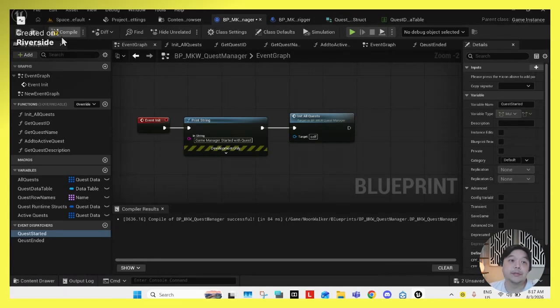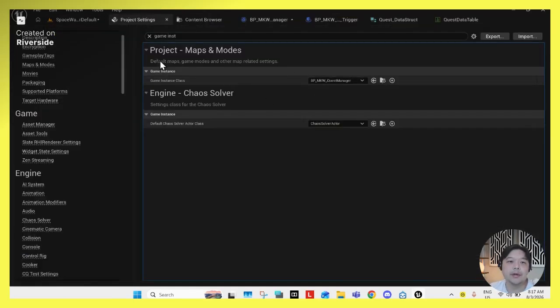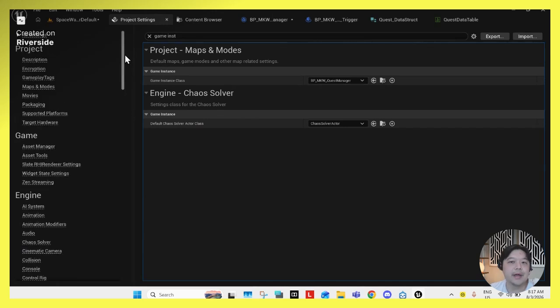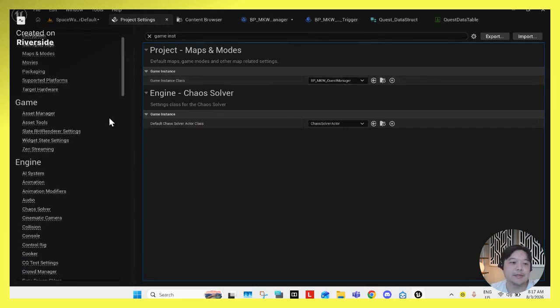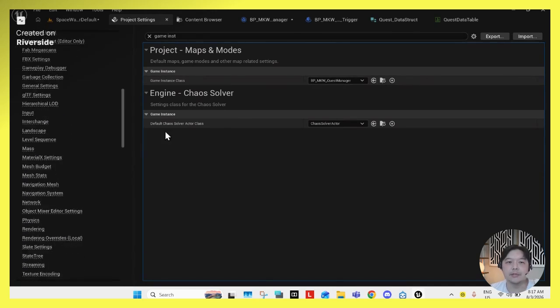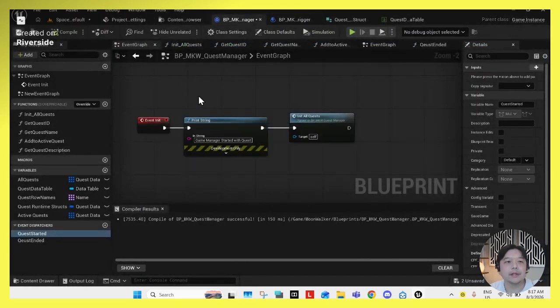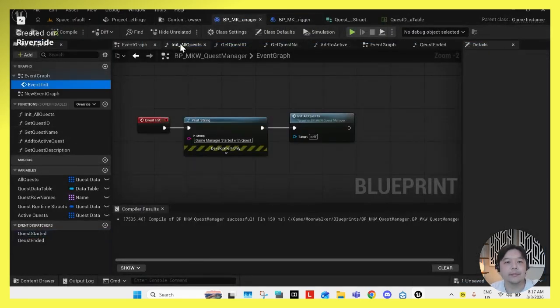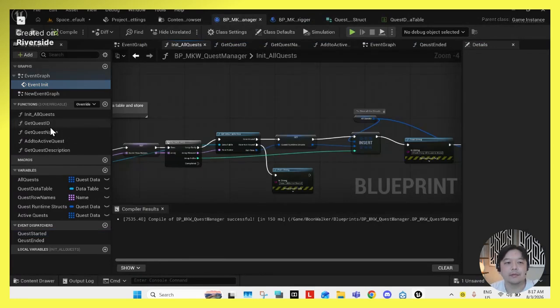So the next step is to put it in the Blueprint Quest Manager. Inside your projects and map, you have this game. I made a custom game instance. That's where the quest manager functions will stay, right? If you can see here, we have all the various functions, like various methods, like functions to get quest ID, quest name, and all this stuff to